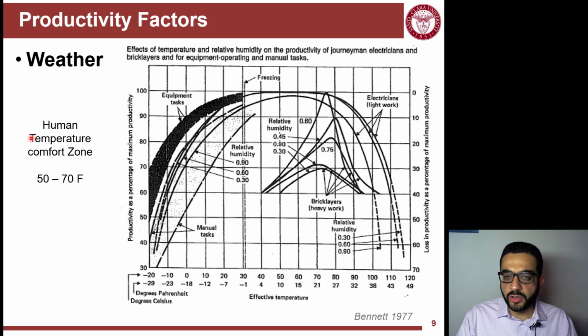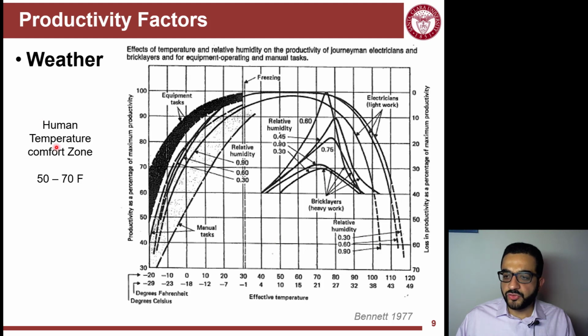It tracked the impact of temperature and humidity on 3 different tasks here. So these curves here are for electrical work, mainly installing outlets. And then these curves here are for bricklayers, and these curves here are for equipment tasks. So operators working in equipment, an excavator, let's say, and the operator is inside and working in there. If you look here,